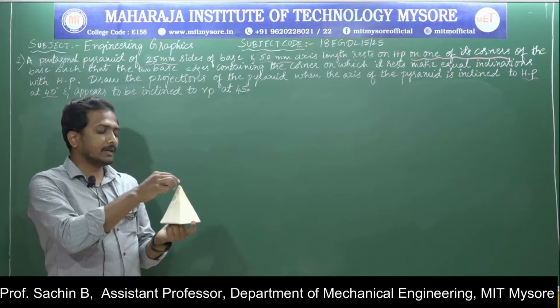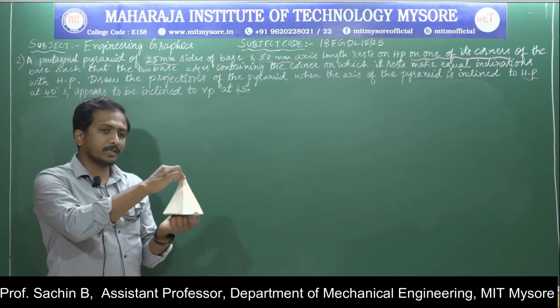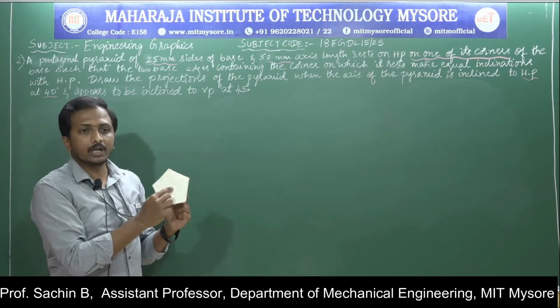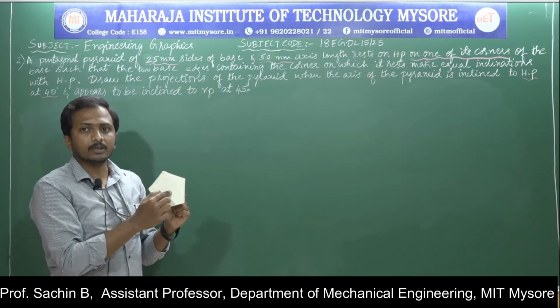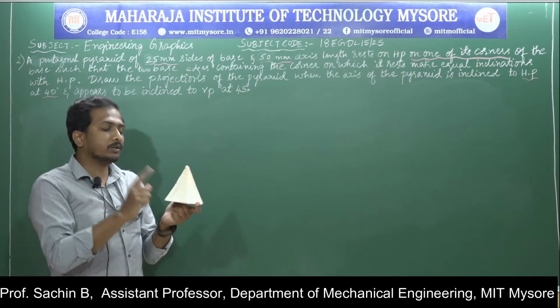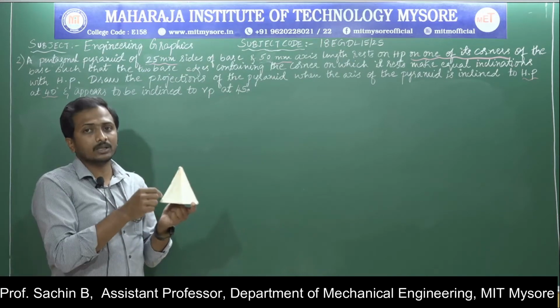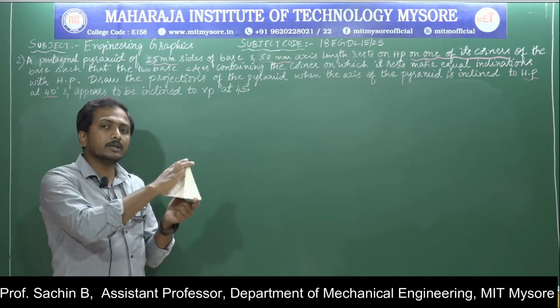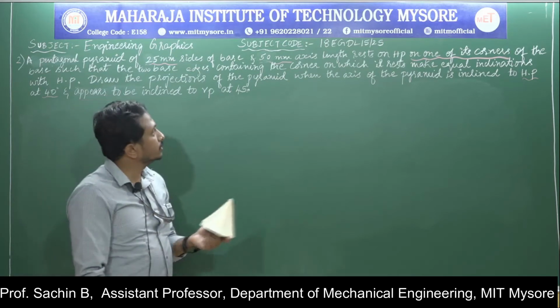If I measure the axis length, this is the apex point. From the apex point exactly to the center of that particular pyramid, the axis will connect. That is the length they have given. Don't get confused with the slant edge length. They have not mentioned the slant edge length. They have clearly mentioned that this is the axis length.